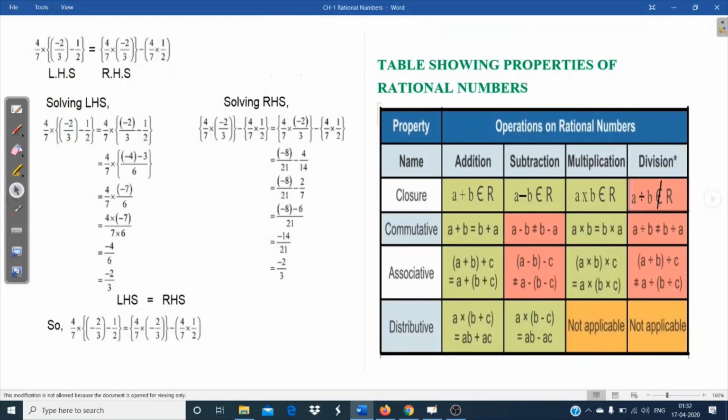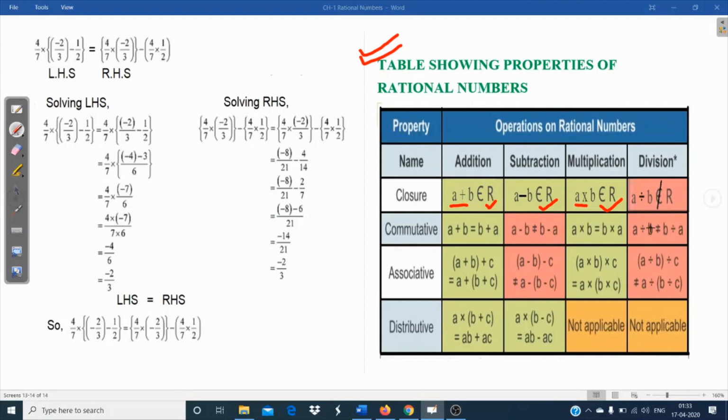At last, students, we'll come to the conclusion of all the properties. Here you can see a table I have made. The first property is the closure property. When you add two rational numbers, you get a rational number. When you subtract two rational numbers, you get a rational number. When you multiply two rational numbers, you get a rational number. But when you divide two rational numbers, every time you will not get a rational number. We have seen the case like 3 divided by 0, where you get an undefined number. So that's why it is not closed under division.